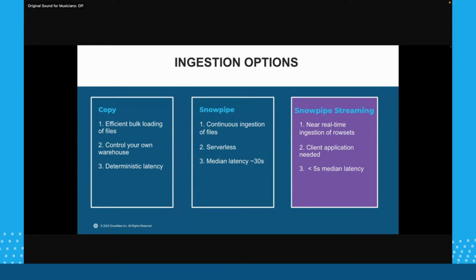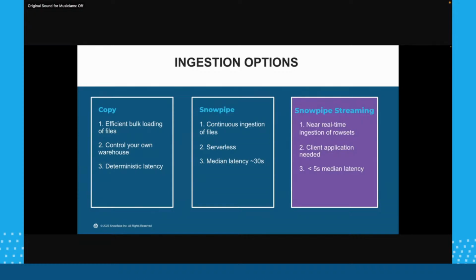With those two predecessors, now comes Snowpipe Streaming, which is a near real-time ingestion of rowsets. Both the copy command and Snowpipe were file dependent. That means you have to create a bunch of files and put them onto an S3 location before Snowpipe pushes them to the particular table.